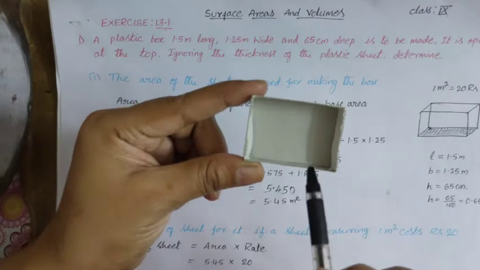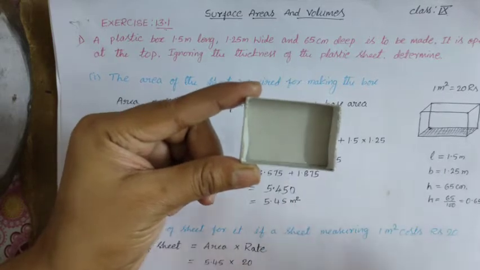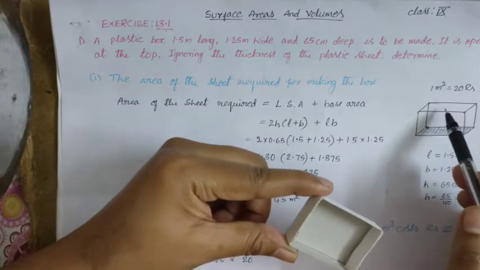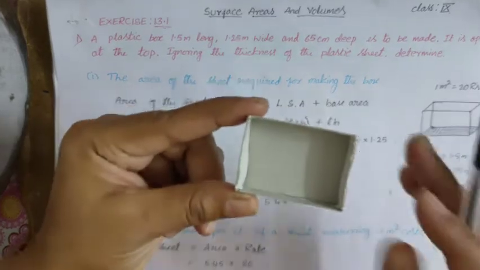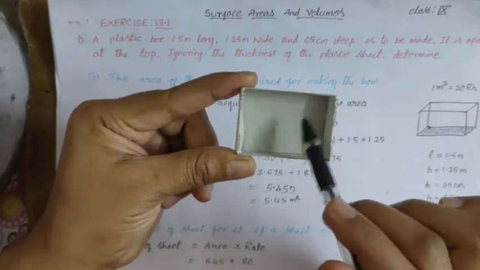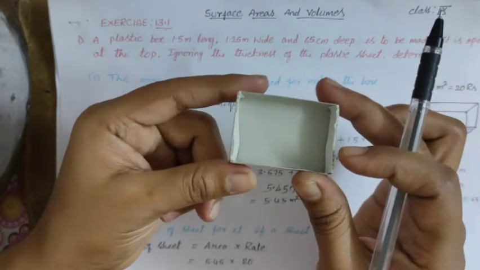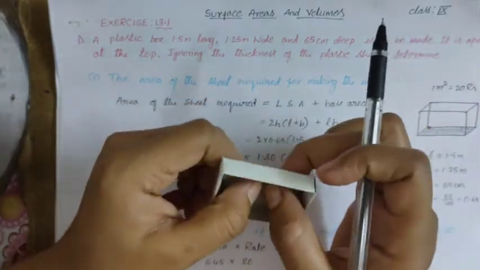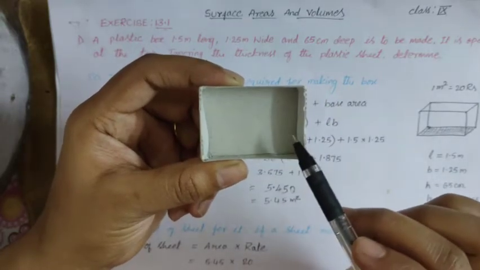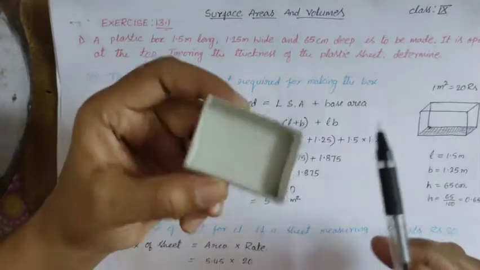Students, you can look at this figure. This is in cuboid shape. It is opened at the top. So look at this one here. This is a cuboid. One surface, the top of this cuboid, is opened. So you can exactly see this opened matchbox. Now we have to find the area of this box. How to find this area? You can see when ignoring the top and bottom, there are only the four surfaces. These four surfaces are nothing but the lateral surface area. So the area of sheet required, the first one is the lateral surface.